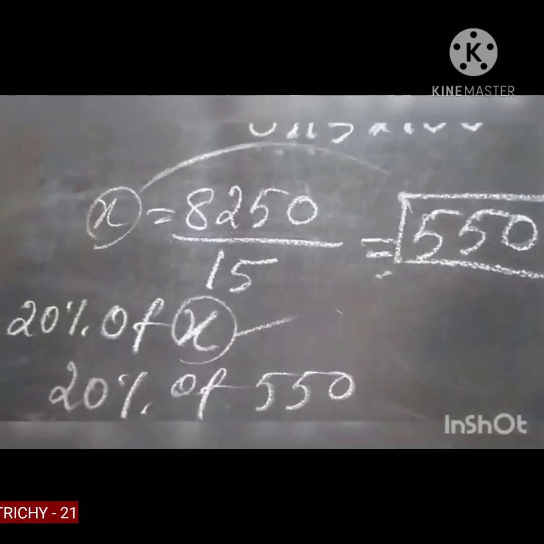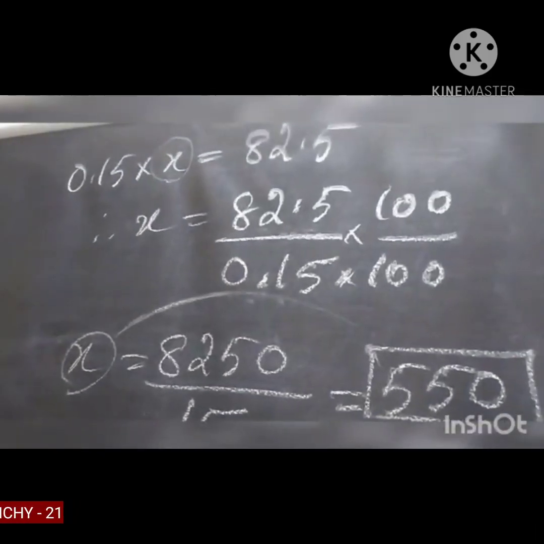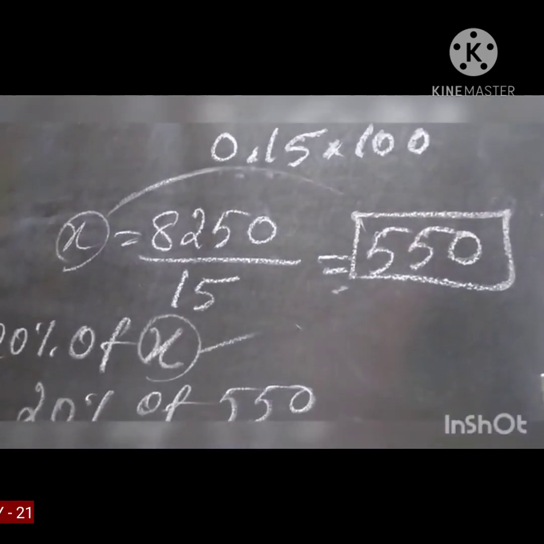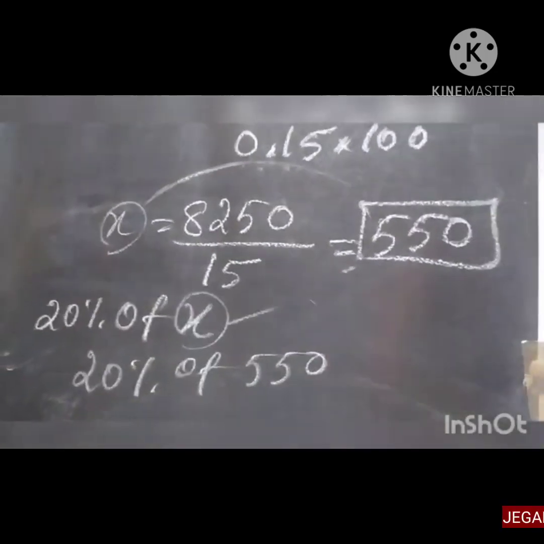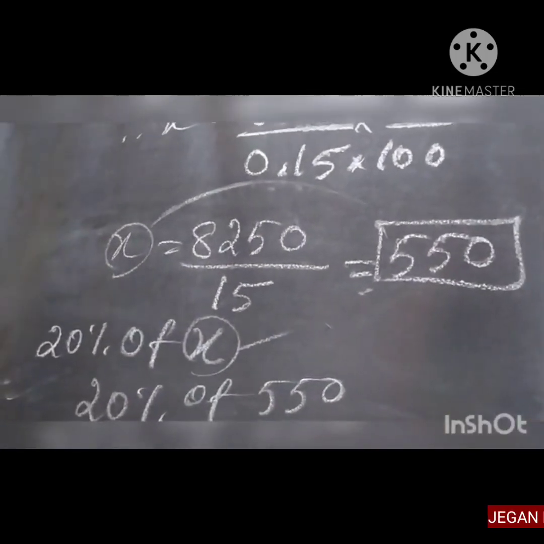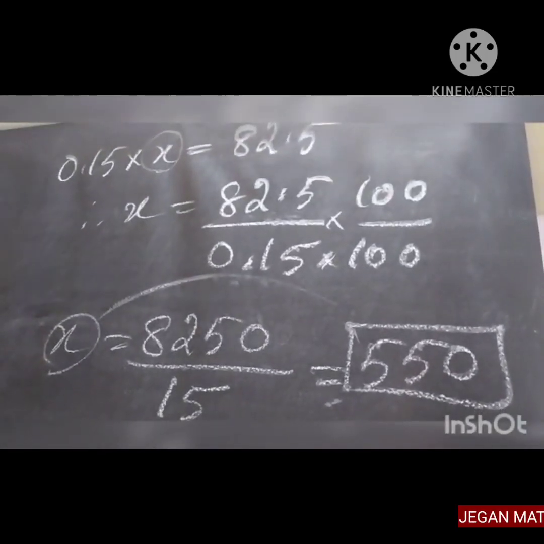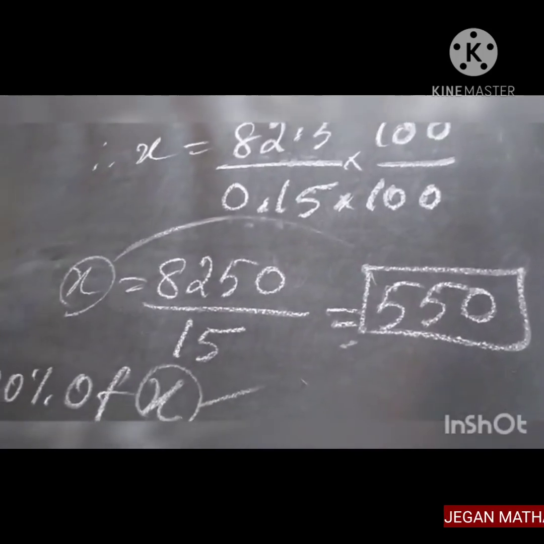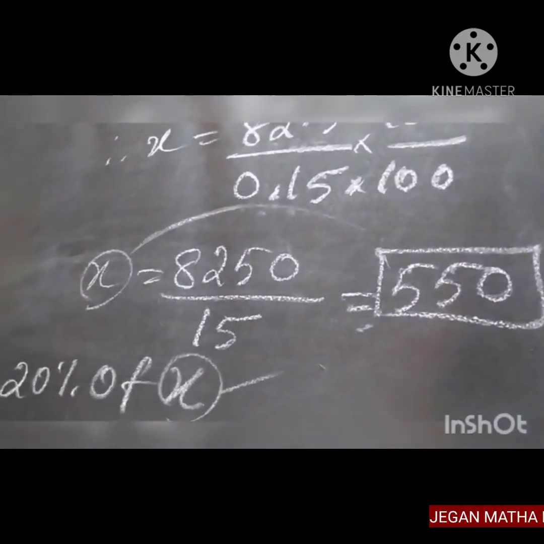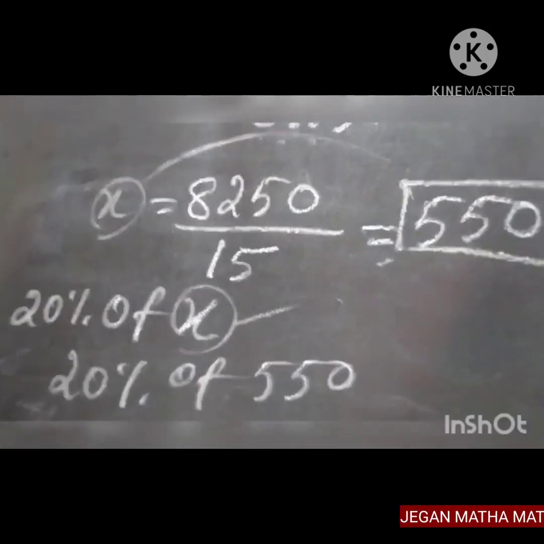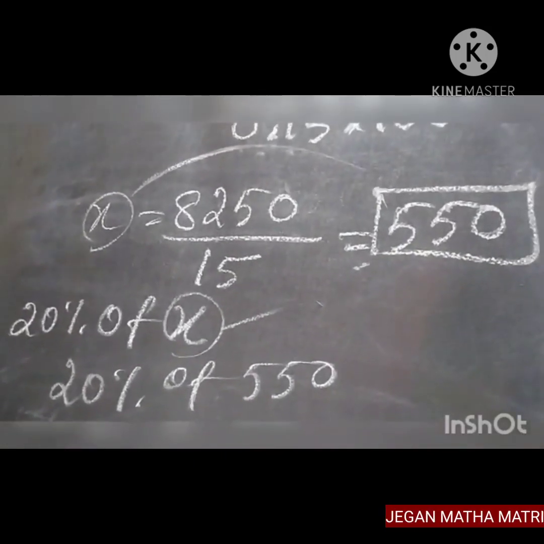So in the sum they are given, find the difference between 75% of a number and 60% of the same number. You don't know the value of that number, so you can put the value for that number as x. So as usual you have to find out 75% of x minus, subtraction, so difference, you have to subtract 60% of x. So as usual you have to find out the value of x. The value of x is 550.